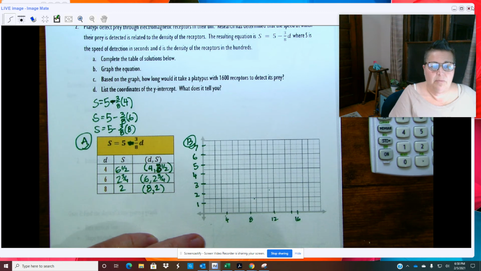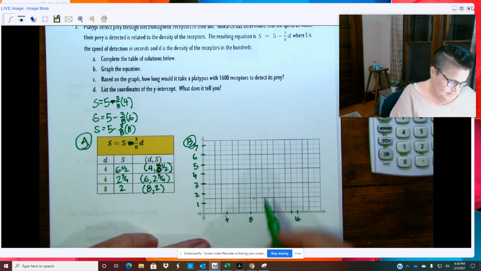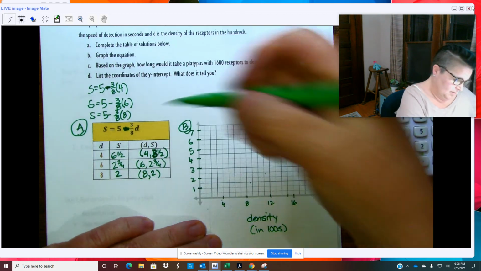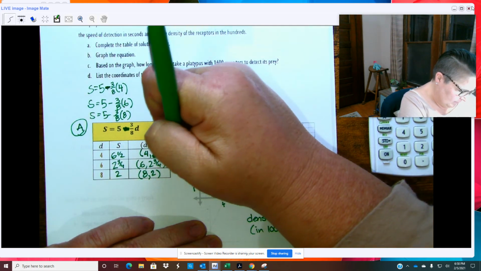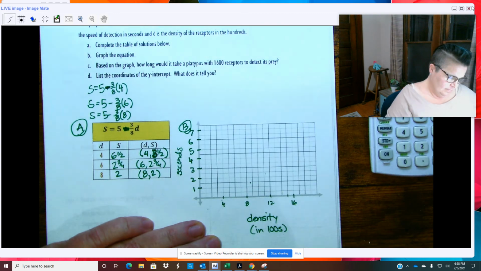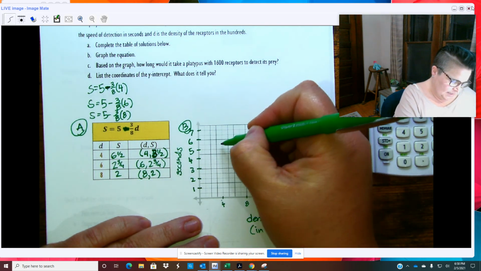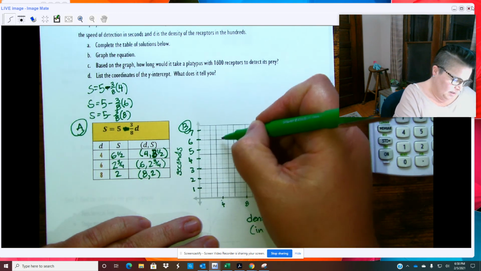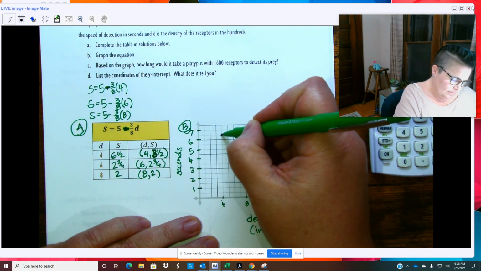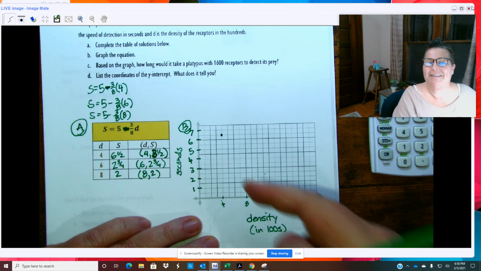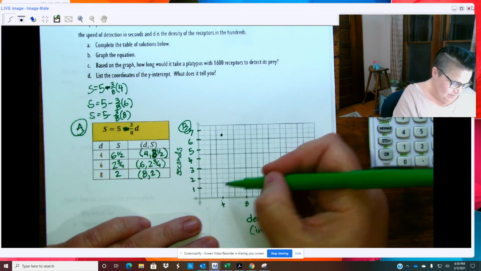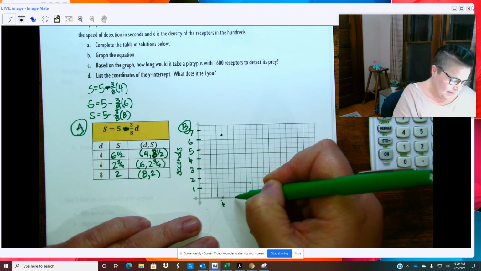All right, so now when I plot these, this horizontal is the density in hundreds, and the vertical is the speed in seconds. Okay, so my first one is 4 and then 6.5. So if I go over 4, then I can go up 6.5. And do you see how, because I skipped, I get to make a nice 1/2? My second one is at 6, and that's going to be